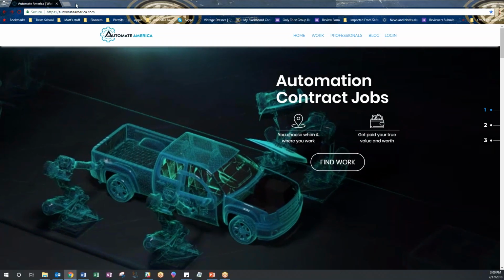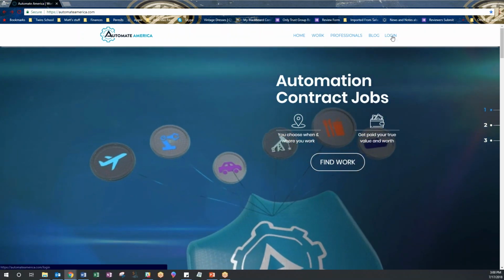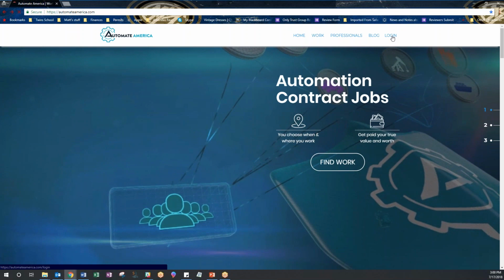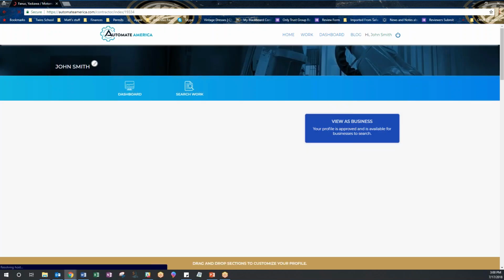First off, just go to our website, automateamerica.com, and you'll go over here to log in. So make sure that as a professional, you have your login information. You know what your email address is that you use and your password. Go ahead and enter that, and then your password. Then go ahead and click login, and that will take you to